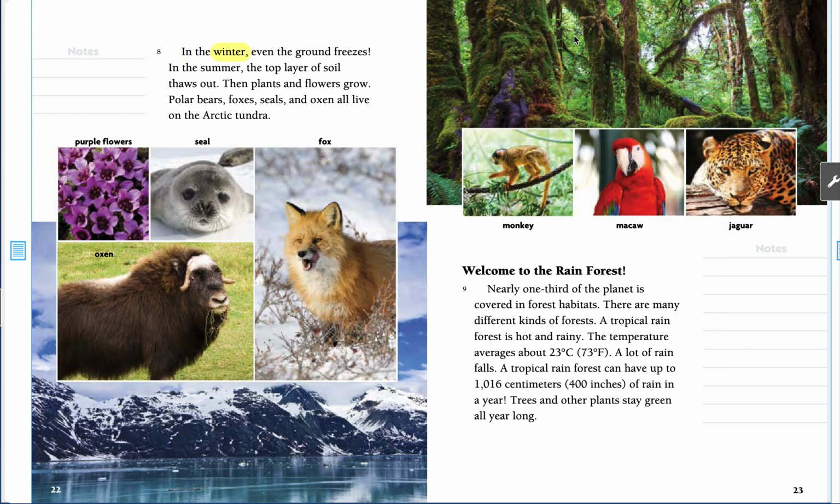In the winter, even the ground freezes. In the summer, the top layer of soil thaws out. Then plants and flowers grow. Polar bears, foxes, seals, and oxen all live on the Arctic tundra. Purple flowers. Seal. Fox. Oxen. Monkey. Okay, we're going to pause